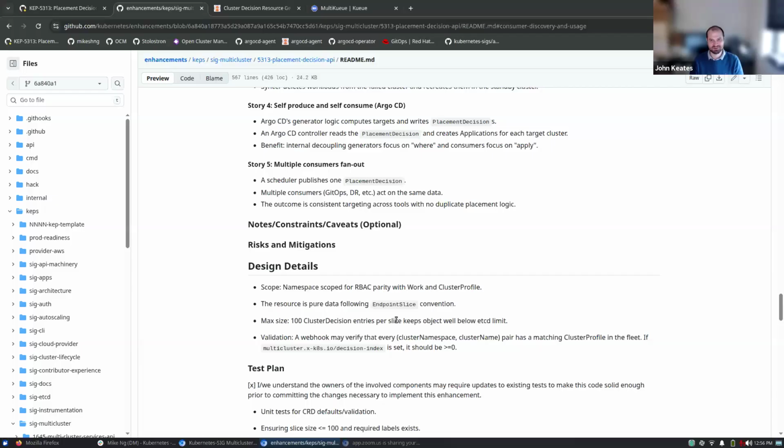I'm also still processing. But decoupling wise, this makes a lot of sense, especially when you consider that right now, most of the things that do multi-cluster things all do this internally as one big blob, essentially. And this would bring that out into the open.